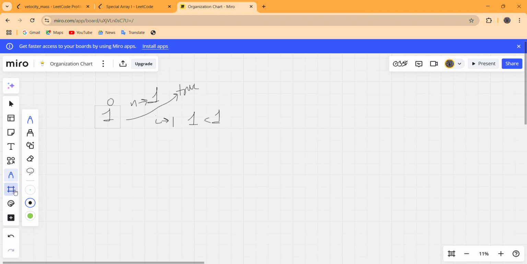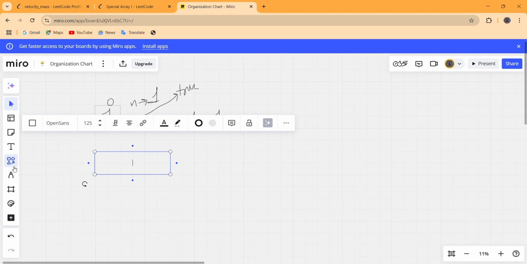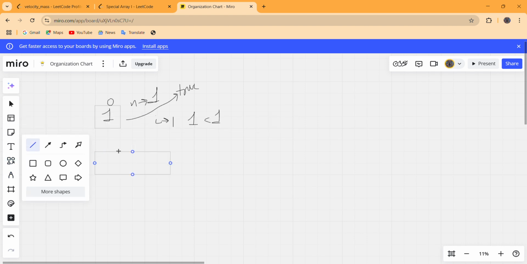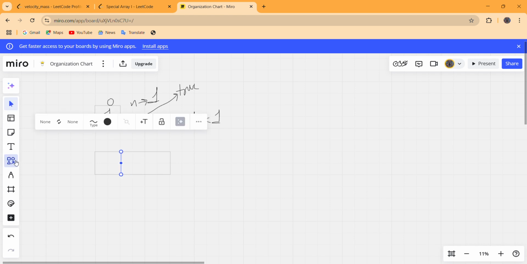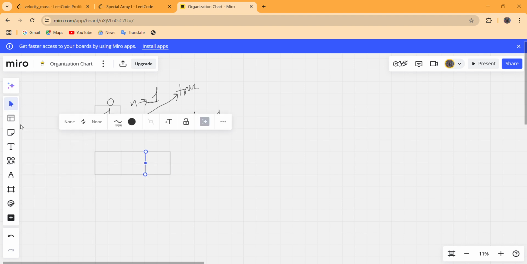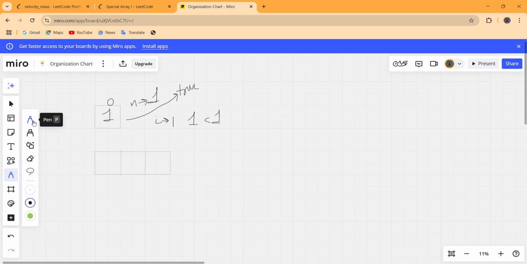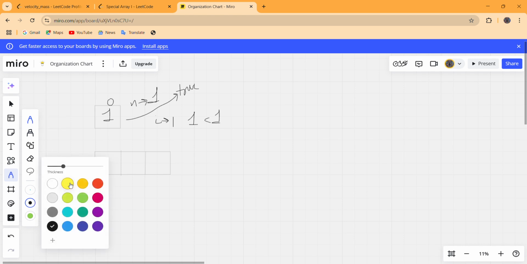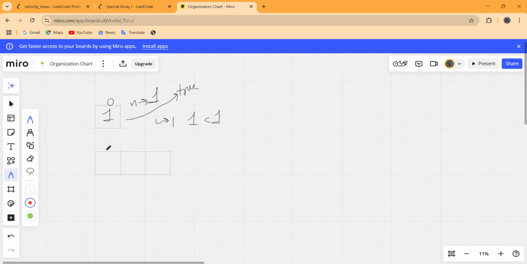Now let us take example number 2. Example number 2 contains 3 elements, that means indexes 0, 1 and 2.